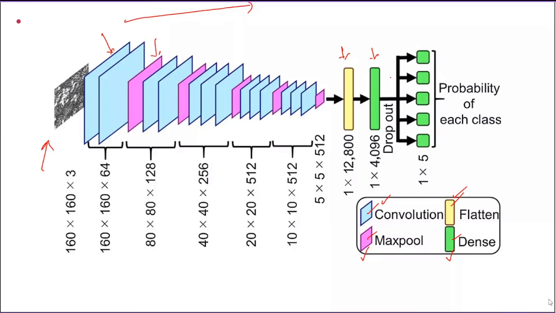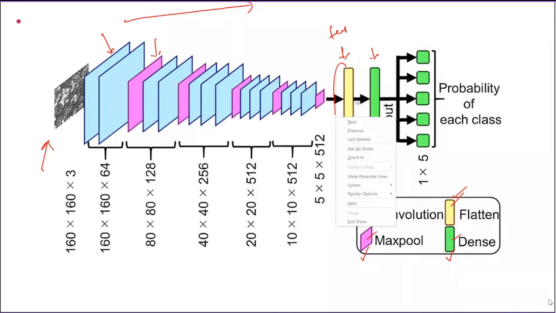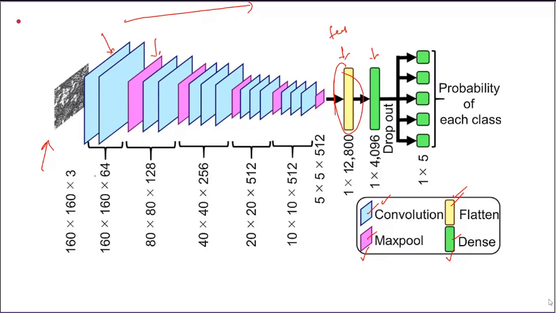This flattened input is what we call features. This is the feature we extract by this process, and it is given to an artificial neural network, which is a fully connected dense network. At the end of this you obtain some probability, and then you calculate the loss. From the loss you backpropagate to modify the weights. So this is the typical process.